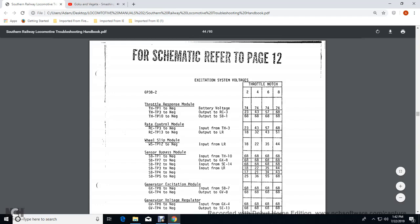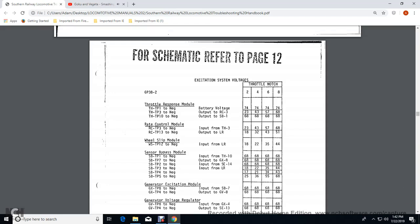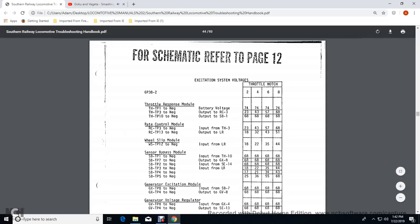Throttle sensor bypass throttle position 7 to negative output GX8, 68 through for 4, 2, 4, 6, and 8. The sensor bypass throttle position 2, negative the input with a sensor SE14, 68, 2, 4, 68, 6, 68, 8, 68. Sensor bypass 10, throttle position 3, the negative input of the LR